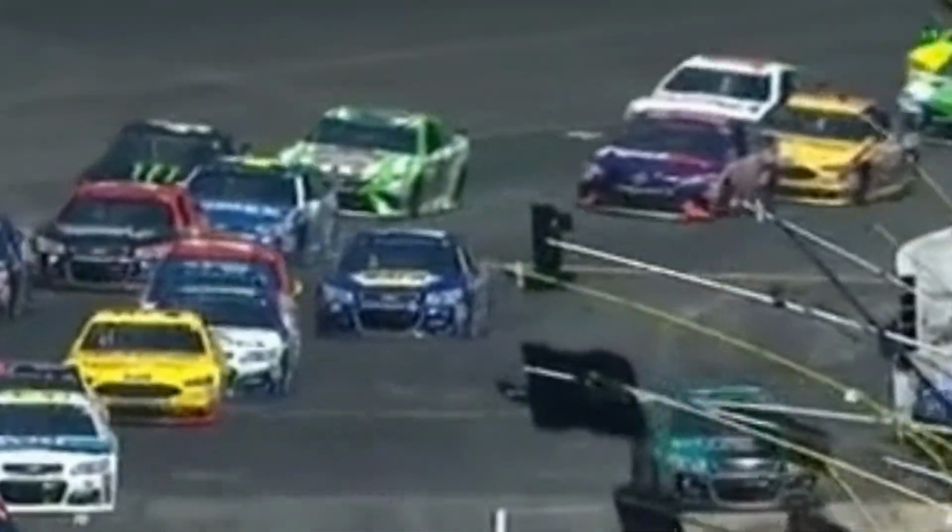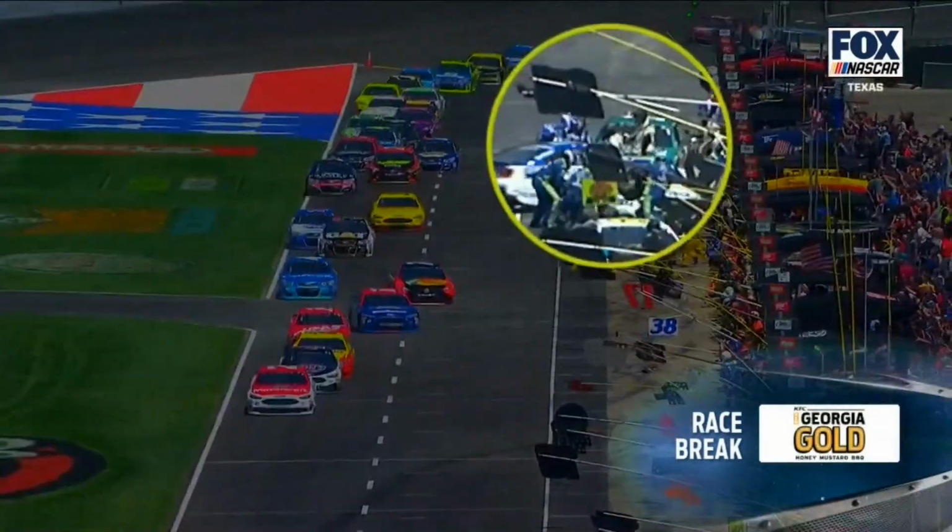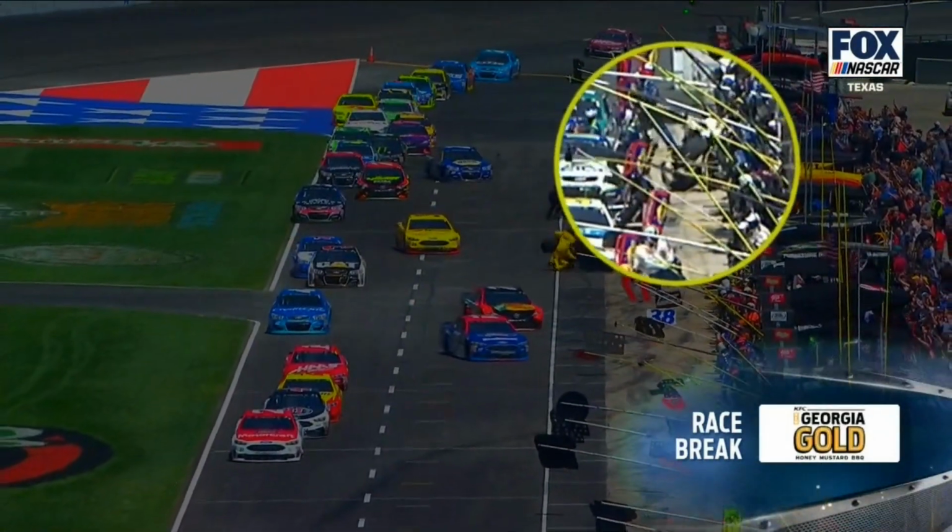handling so far. He said loose into the corner and tight off 4. He hasn't had that yet this weekend. He said let's go one more run here with no changes. Especially on the start and restarts. And some moments here, just diving in his pit too low. That's Eric Jones. He slid into